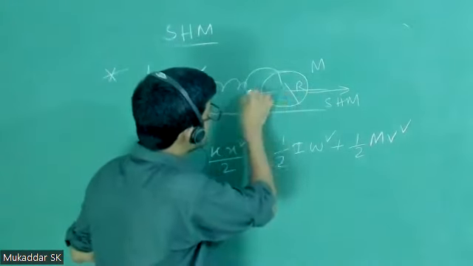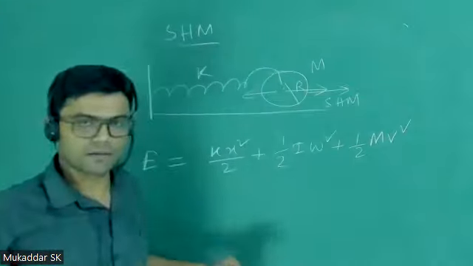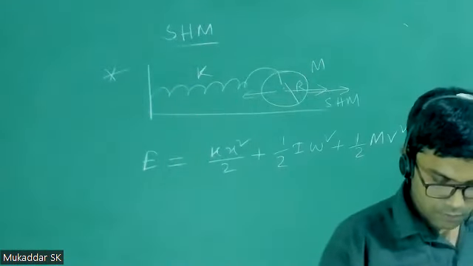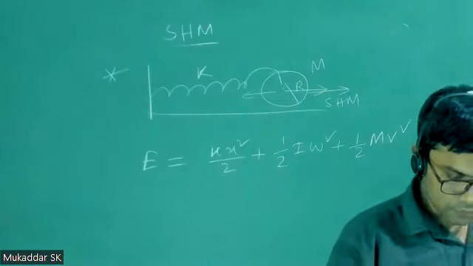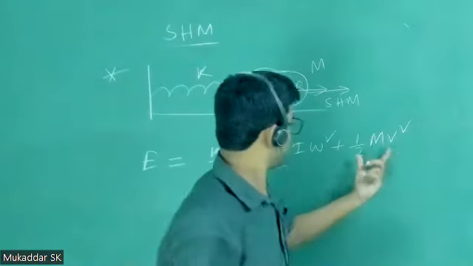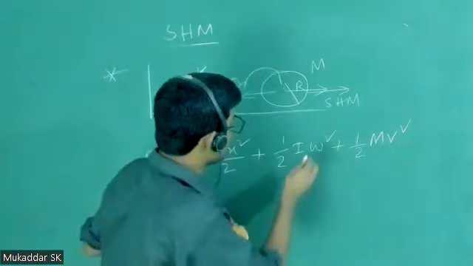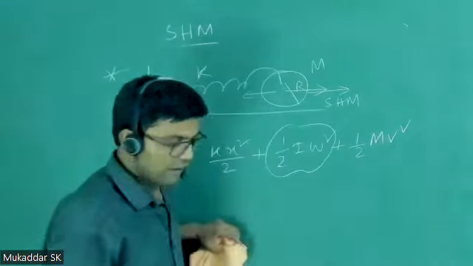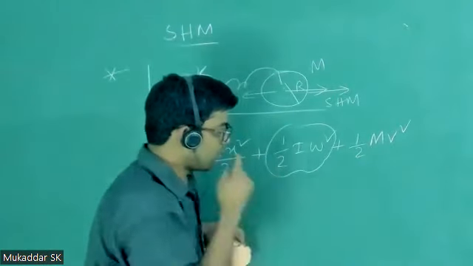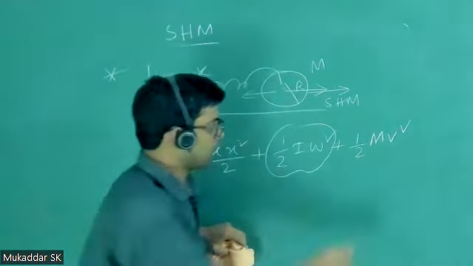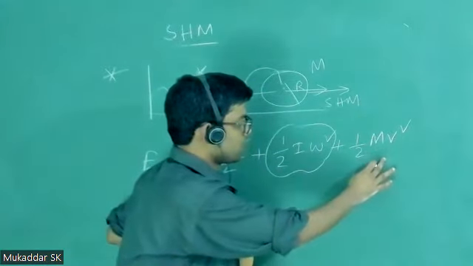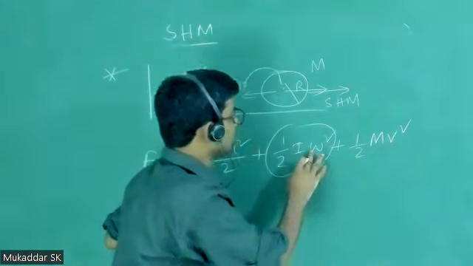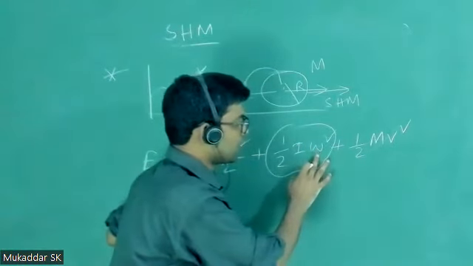Velocity of center of mass का ट्रांसलेशनल मोशन होगा कि नहीं? हाँ बताइए जी। सर, अगर ये स्फीयर गोल नहीं घूमता तो ये हाफ एम वी स्क्वायर नहीं आता ना सर? अगर ये रोटेट नहीं करता तो? नहीं, रोटेशन के कारण तो ये वाला पार्ट आ रहा है ना। रोटेशन के कारण कौन सा आ रहा है? ये वाला पार्ट आ रहा है ना। हाफ आई ओमेगा स्क्वायर नहीं आएगा ना सर? अगर रोटेशन ना होता तो ये वाला पार्ट नहीं आता।